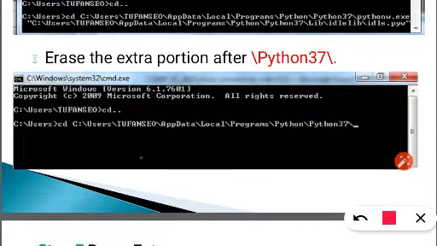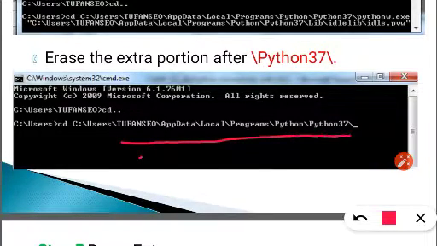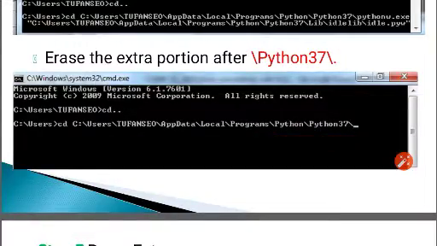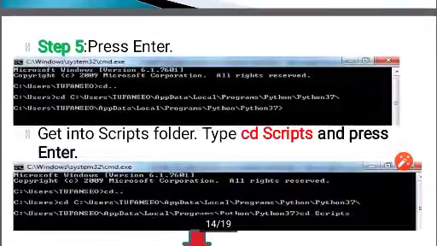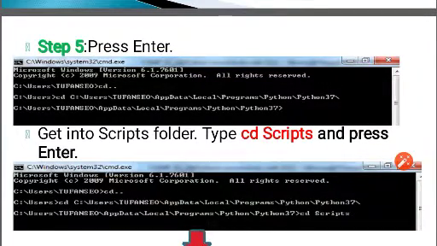Just press enter and you will be inside that folder. So basically we have to enter inside the folder of the Python, whatever version you have got.